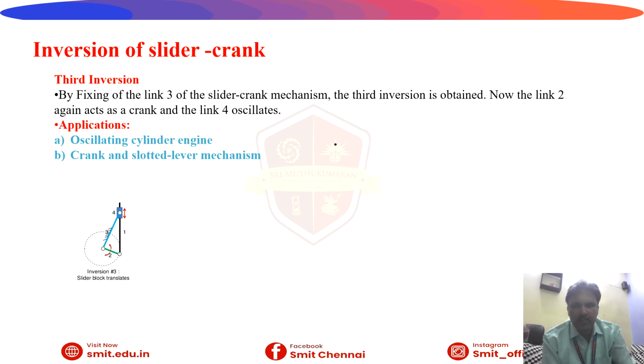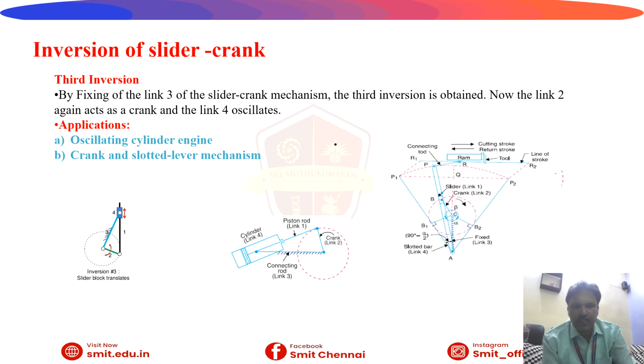In this, what is clearly given is that link 2 will be a crank only, and link 4 has an oscillating motion. Here we can see the middle part of the sketch. The crank is there, that is link 2, the piston rod is link 1, and the connecting rod is link 3. Finally, whenever the crank is rotated,